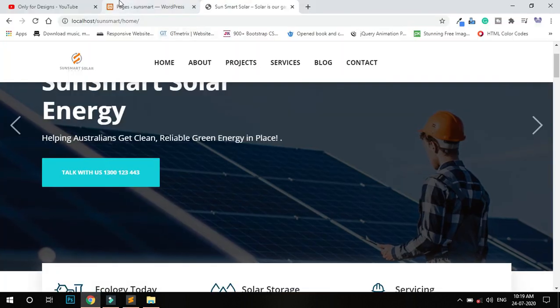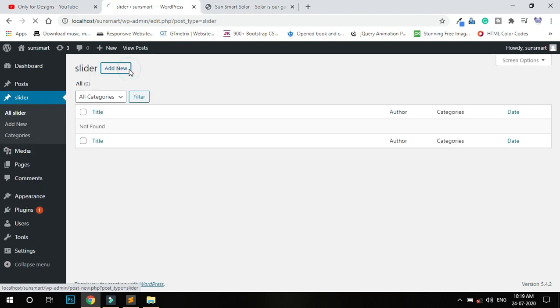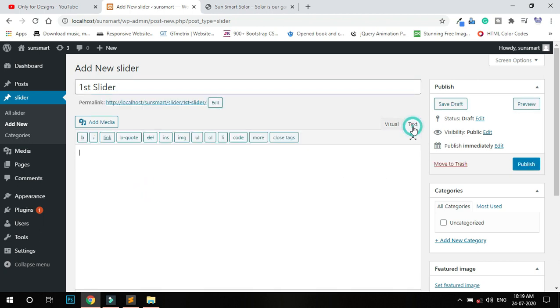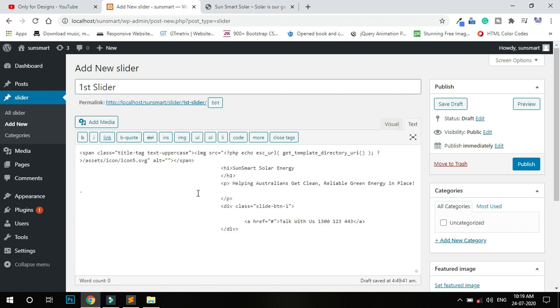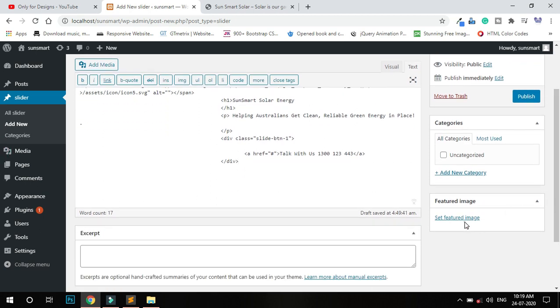Now go to slider, add new, and just name it first slider, and use text, not visual, just text, and paste here. You can see this is just HTML, and it's supported here.